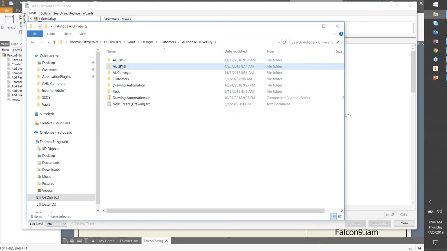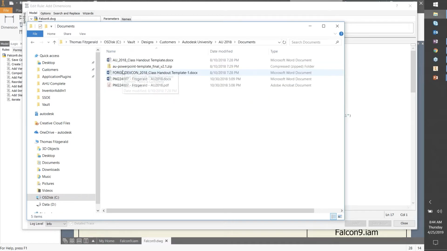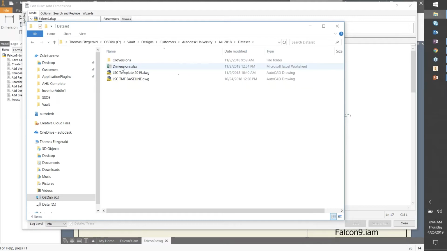So in here, is it here? Here it is. So I have this Excel spreadsheet that I've formatted in such a way to provide the necessary inputs to create